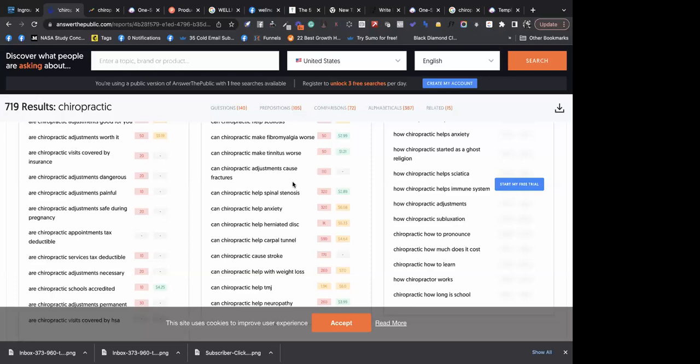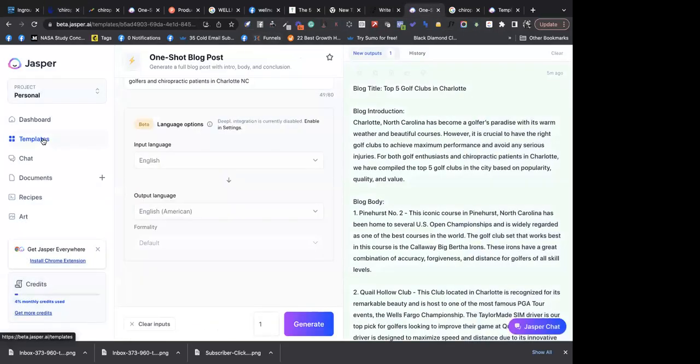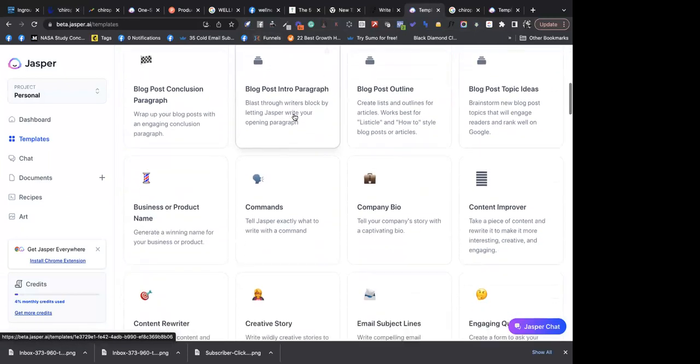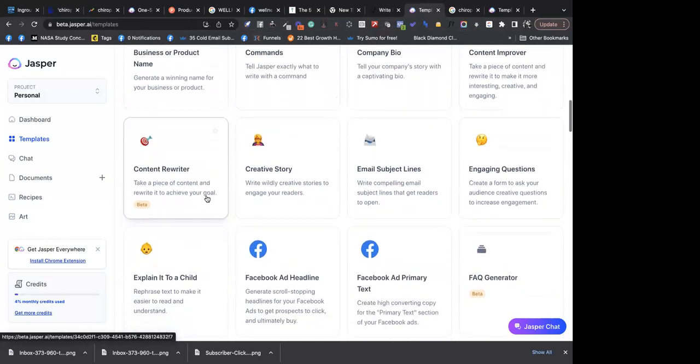You want as much feedable content to Google as possible. So what I recommend is using these questions, using tools like either ChatGPT or Jasper, which I prefer just because I love their setup. I love their templates that get you those one-shot blog posts, those content improvers, those content rewriters, all that stuff, putting that in and answering the questions in text, and then using it to record your videos using the tools that Glenn told you guys about before. This is a killer strategy, but you're going to have to be the first to get there.